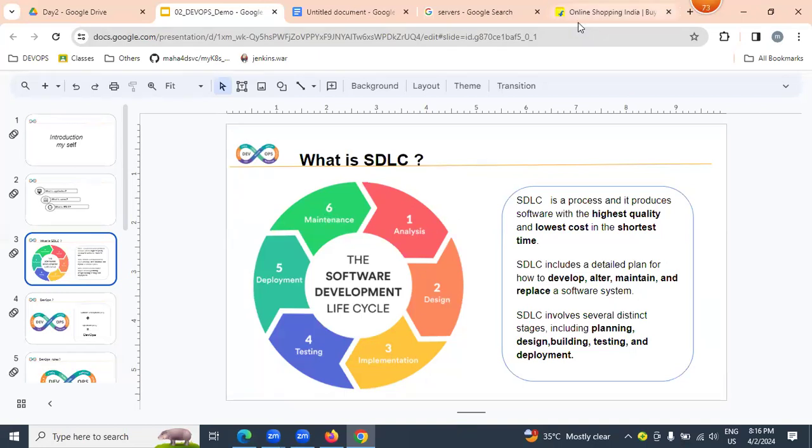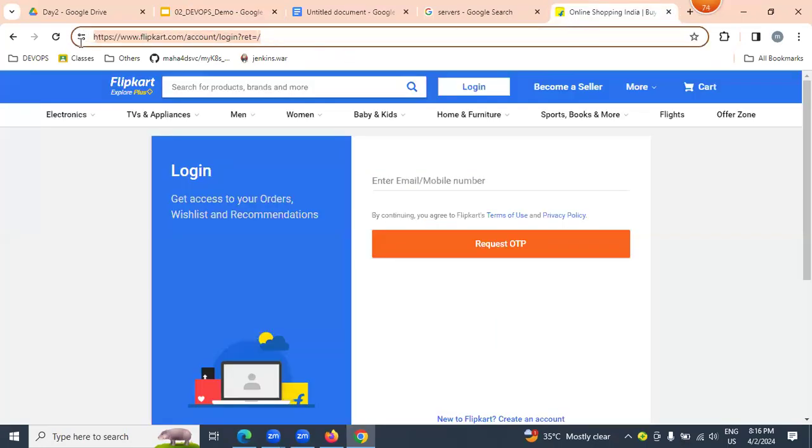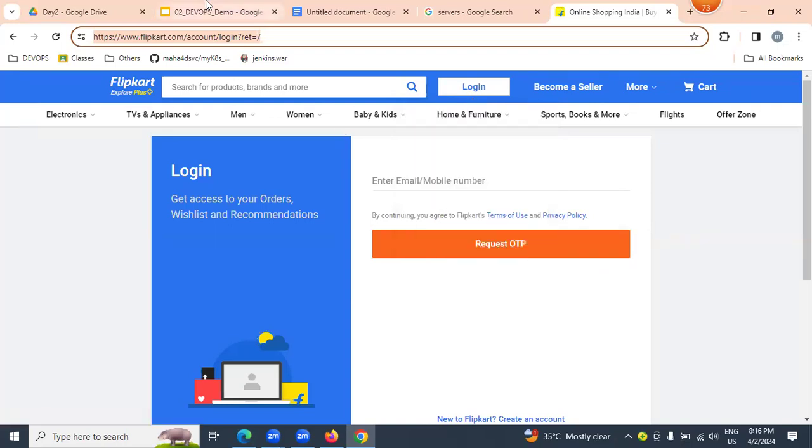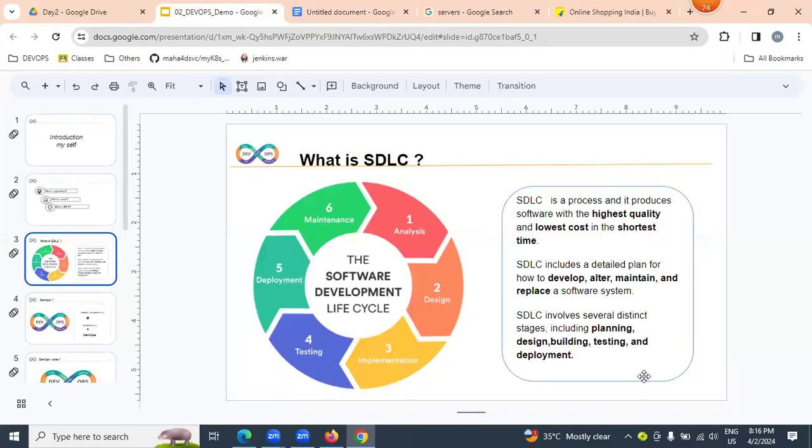For example, if you want to build a Flipkart, Redbus or BookMyShow kind of application, what is the first step, please? Gathering information from the client. What are the registration, login page, payment gateway? What exactly is the business model, the client requirement, the client's expectation? Each and everything will be gathered.